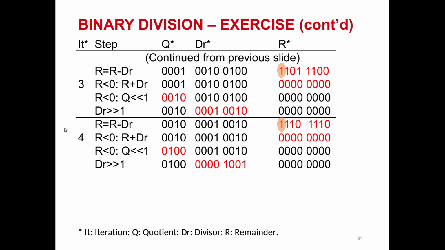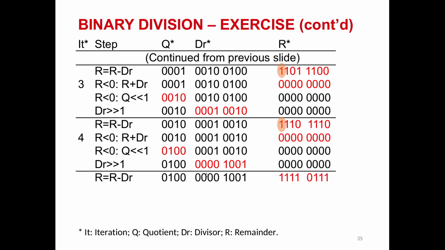And now we go to step 4, and as you know before, we have 4 bits of DR, and we will need 5 steps, 5 iterations. So we get to the last iteration, number 5. We do the same R here, subtract for dr here, and we have the most significant bit of the result